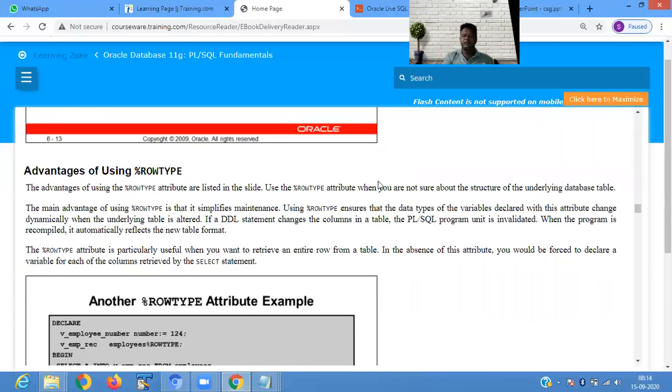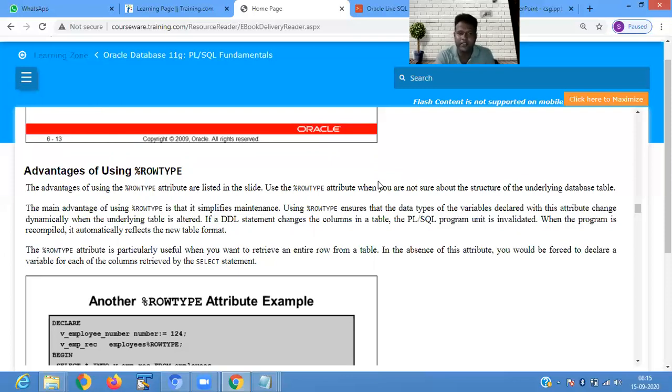The advantages of using row type attribute are listed in the slide. With row type attribute, you are not sure about the structure of the underlying database table. If you do not know the structure of the database table and you want to retrieve the record, in that scenario we use this row type attribute.